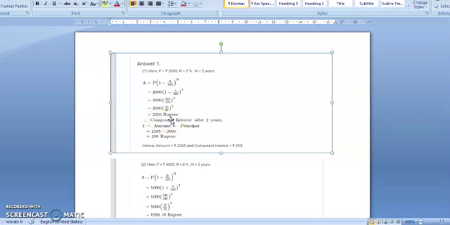Now to calculate the compound interest, we have the formula: interest equals amount minus principal amount. So this is the amount, 2205 rupees, minus principal amount, 2000 rupees. So this 205 is the compound interest. Okay, so amount is rupees 2205 and compound interest is rupees 205.